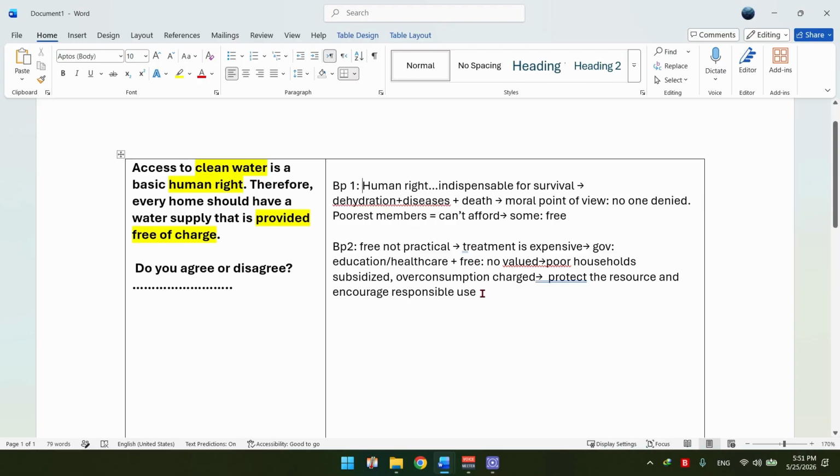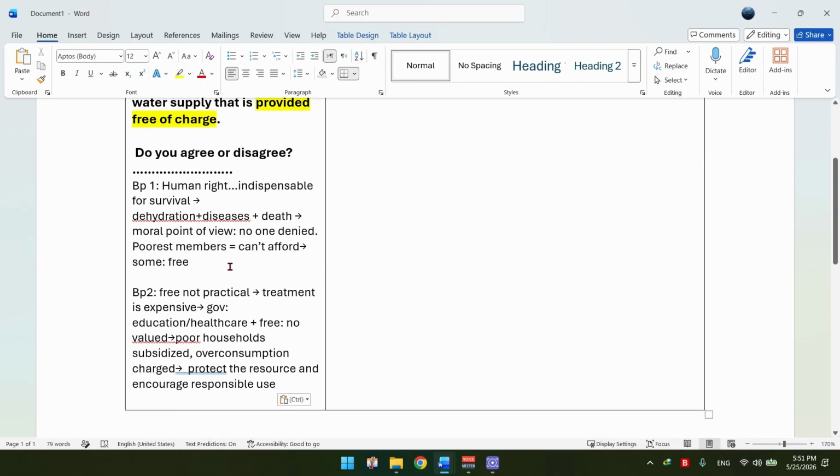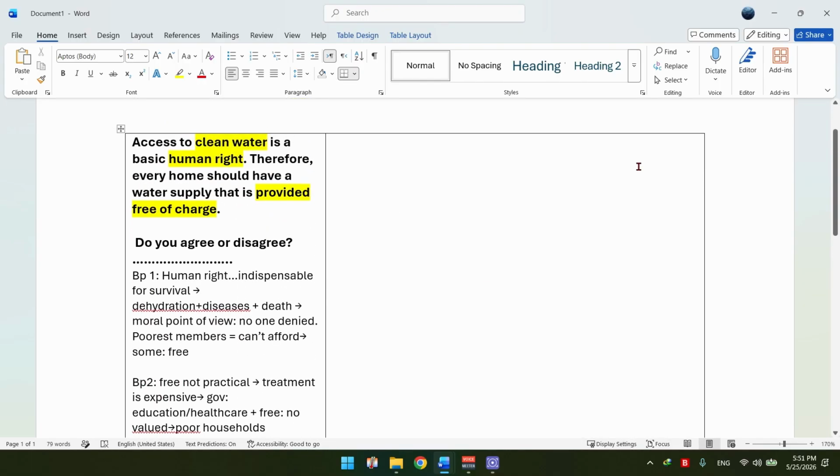And now I'm going to use this plan to write a full sample for you. Let me put it here. In the introduction, we now know what our points are going to be. Our first job is to write an introduction right now. And for that, first we need to come up with the topic of the essay. We need to introduce the topic of the essay. We can't just go into our point. So for that we need to paraphrase it in our own words.